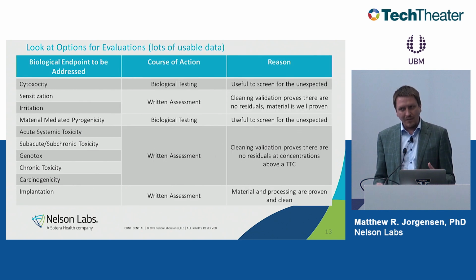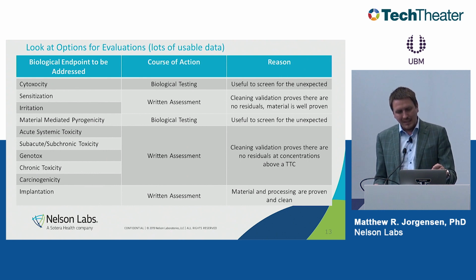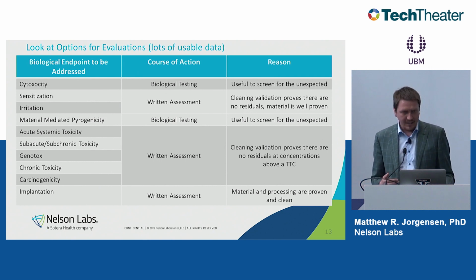If, on the other hand, you have lots of useful information, really the only tests that you might have to do are cytotoxicity and MMP, material-mediated pyrogenicity. Everything else can be addressed with a written assessment and chemistry data, depending on what you have. So, for example, for the plates that I just showed, if they have good cleaning validation data,